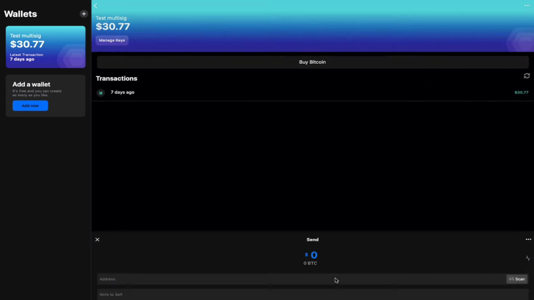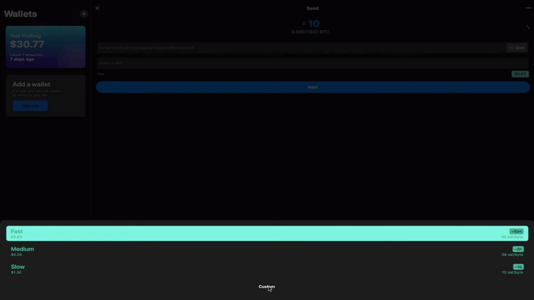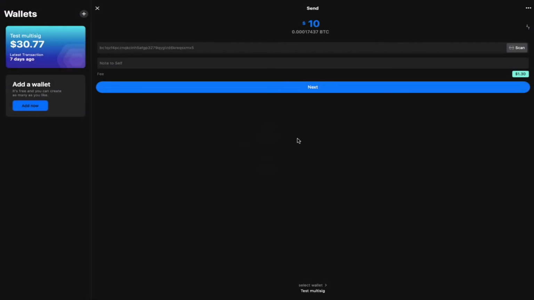I'm going to try to send a transaction using this Multisig wallet now. So I'm going to go to the address bar and paste a Bitcoin address. I'm going to enter the amount I want to withdraw, in this case $10. I'm going to check to see the fees are reasonable. In this case, I'm going to reduce the fees to a custom amount. I'm going to pay about 10 satoshis per byte for this transaction, and that should cost me around $1.30. I'm going to click next,